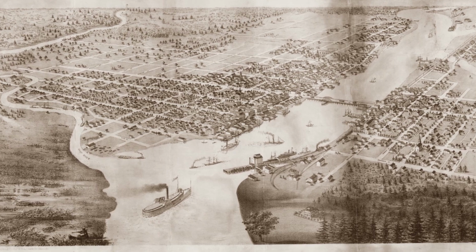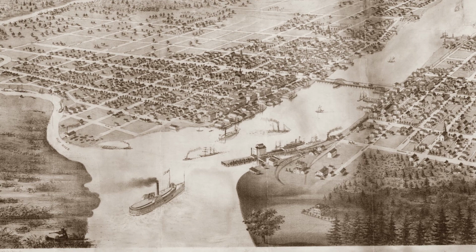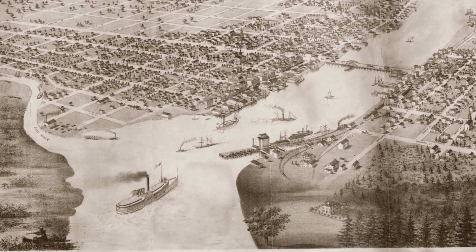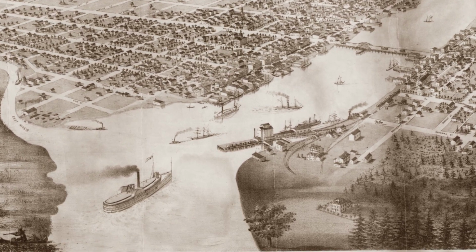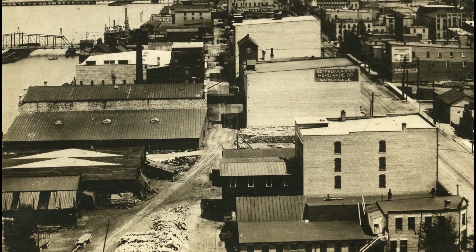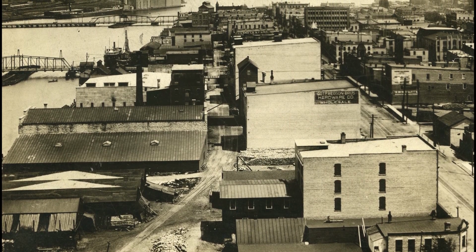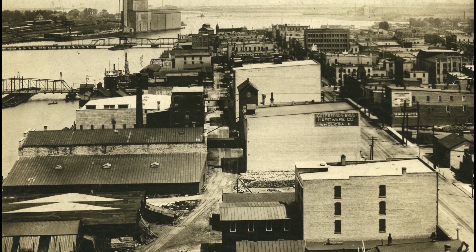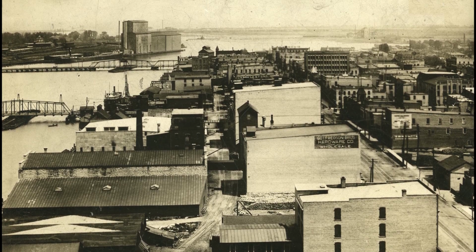Let's take a step back in time to the early 1800s. America was growing at a record pace, including Wisconsin. The railroad system was still in its infancy, so the best way to transport goods was via merchant ships. The economy was dependent on these ships to deliver everything from building materials to trade goods and supplies. Green Bay's access to the Great Lakes waterway provided an ideal gateway for importing and exporting between Wisconsin and the